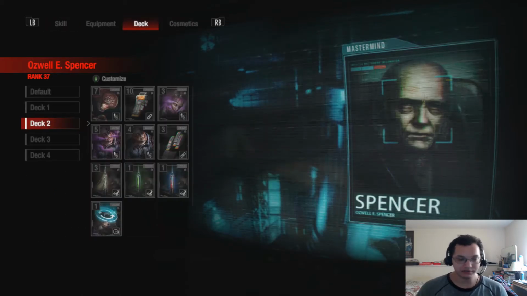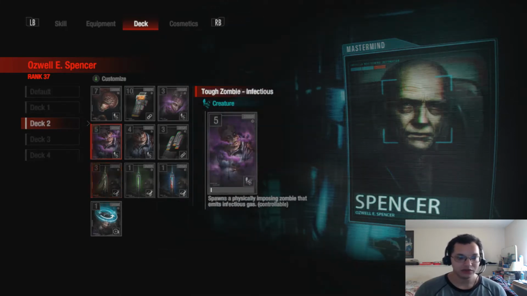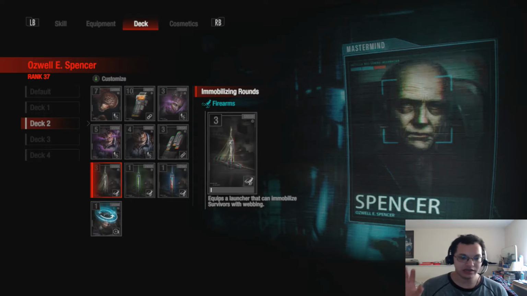which is Spencer's ultimate, like a red line that does 400 every second that you're touching the disintegration field, you can down somebody instantly. And most of the time when you do that combo with immobilizing rounds, you want to go after key survivors that can carry against this build. And key survivors meaning